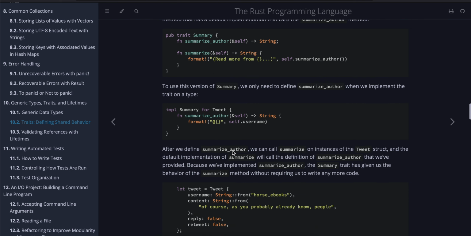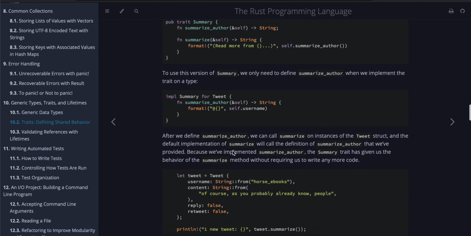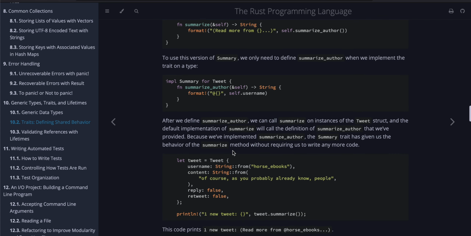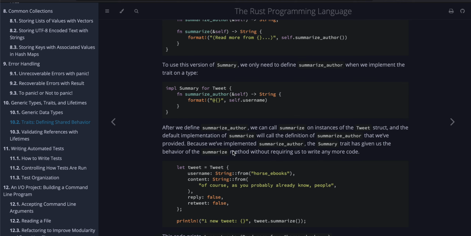After we define summarize_author, we can call summarize on an instance of the Tweet struct, and the default implementation of summarize will call the definition of summarize_author